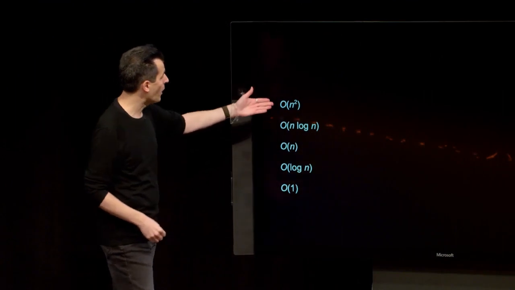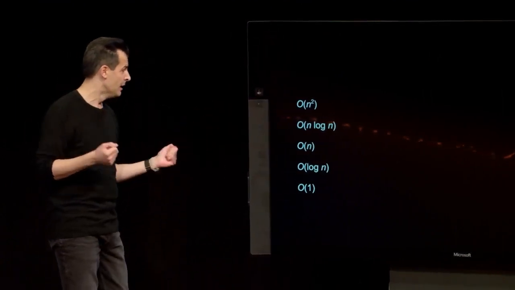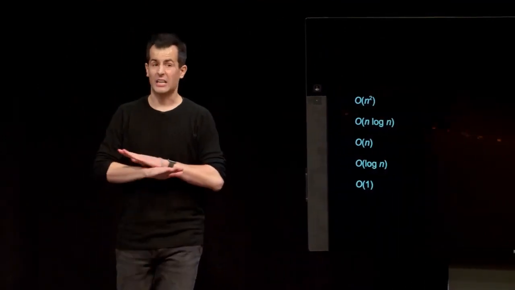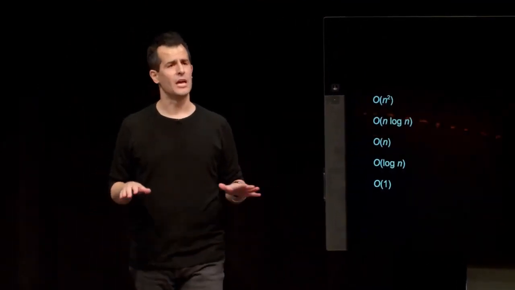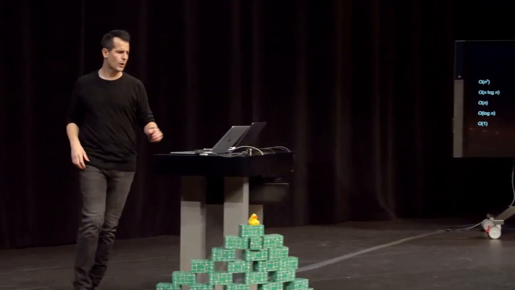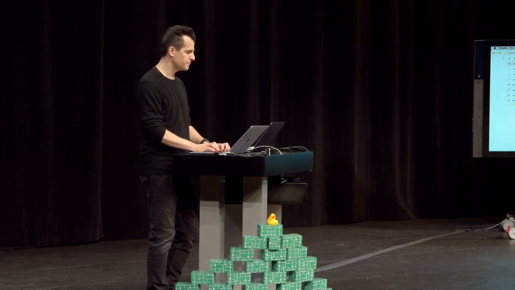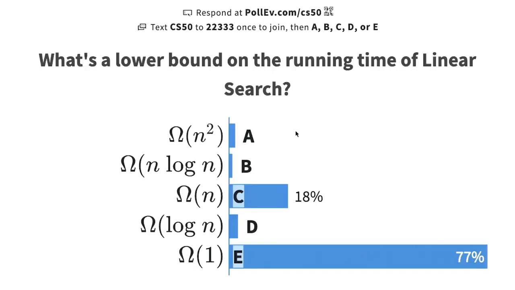Is it big O of n squared, big O of n times log n, big O of n, big O of log n, or big O of 1, which again just means a constant fixed number of steps? Brian, could we go ahead and pull up this question? Let me go ahead and pull it up on my screen as well. If you go to our usual URL to propose what you think an upper bound is on the running time